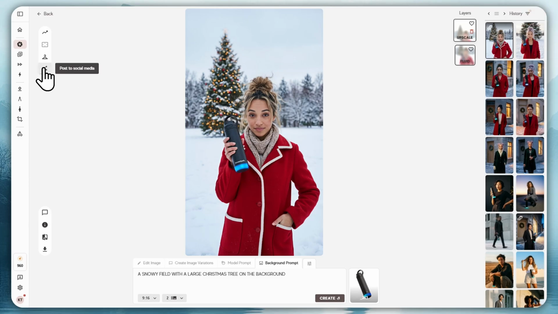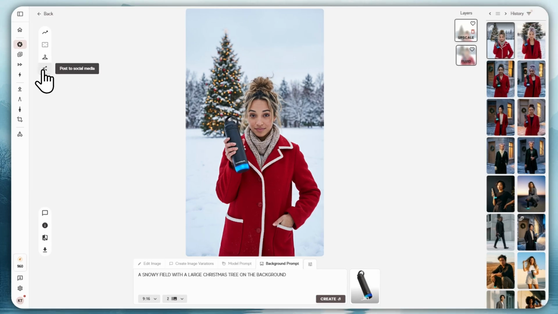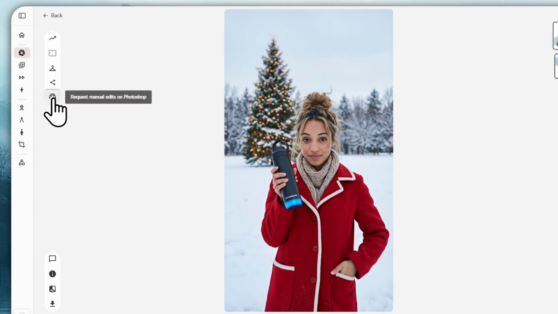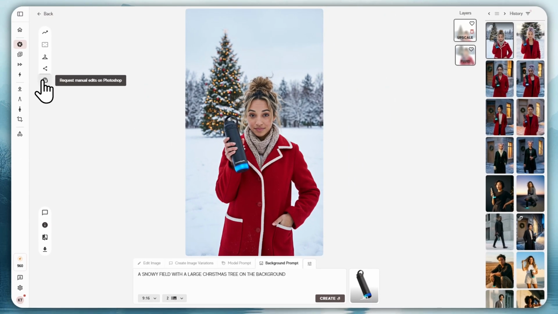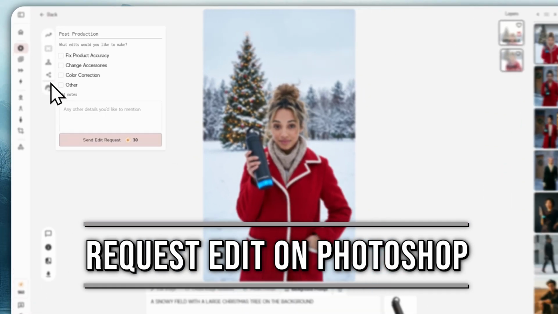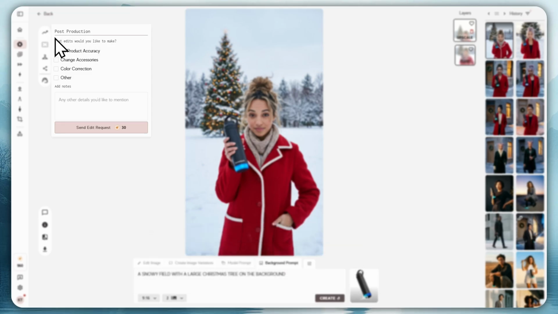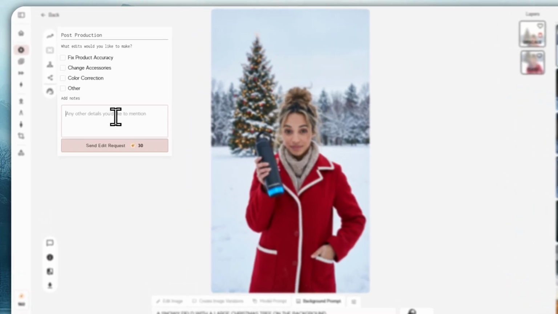And next is that we have this one. So you could also post this into social media directly from here. If that's what you want, you can post that. And you also could request manual edit in Photoshop. So in here, you can now see this one right here. So you just have to answer on what edit you would want to be made in here so that it will now be sent to the staff here in Caimera, and they would be the one to edit that and make your